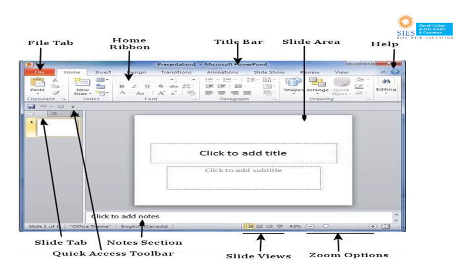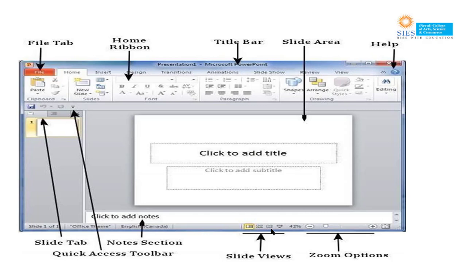The second one is the slide sorter view. This displays all the slides as a matrix. This view only allows you to rearrange the slides but not edit the contents of each slide. The third one is reading view. This one is like a slideshow with access to the window taskbar in case you need to switch windows. However, like the slideshow, you cannot edit anything in this view.